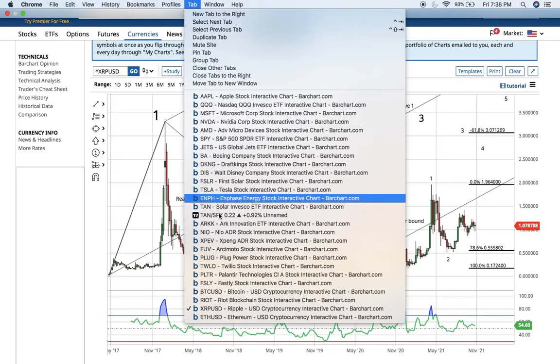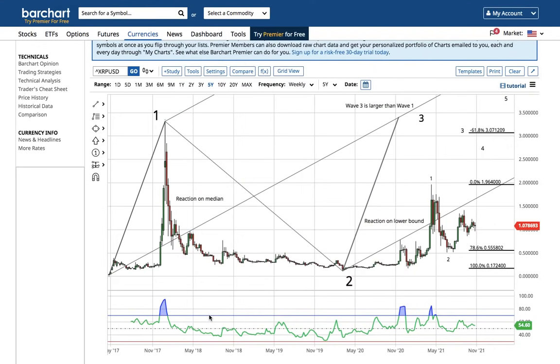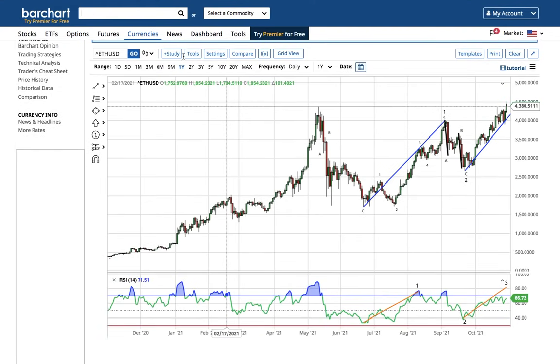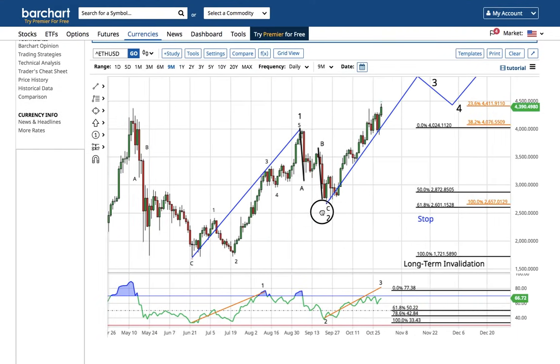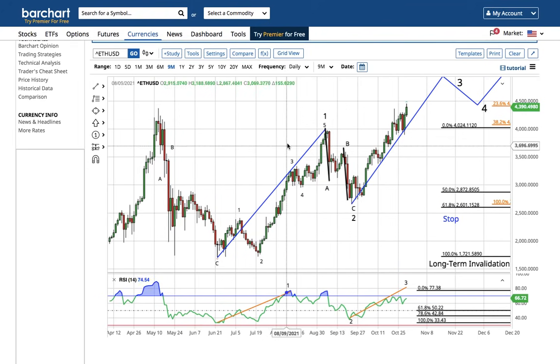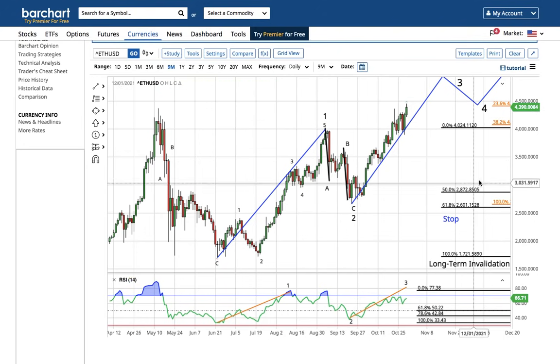To be completely honest, let's talk about Ethereum right now. Ethereum is a pretty picture of crypto in the short term. Just from this low, this is a 1, 2, 3, 4, 5 wave impulse to complete the wave 1. We have an ABC correction that ends wave 2, where the length of wave A places the wave B high is where wave C ends. So Ethereum's within a wave 3 that's going to be at least the length of wave 1, placed at the wave 2 low.